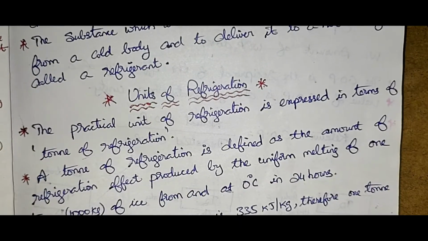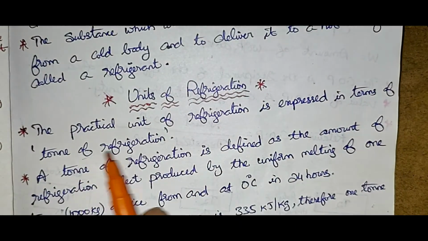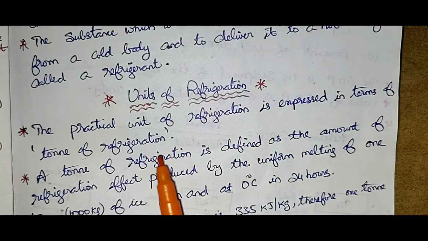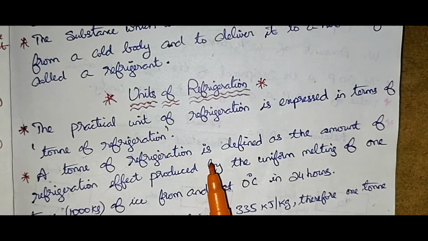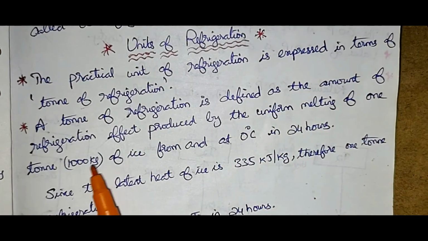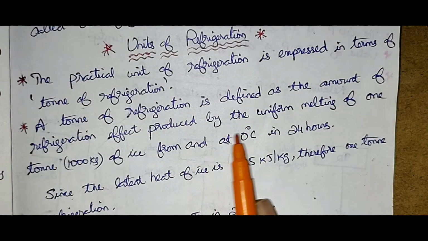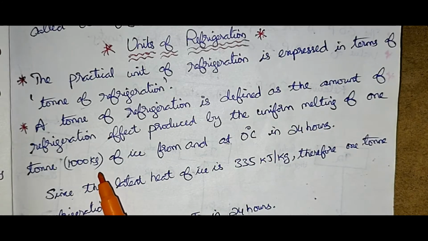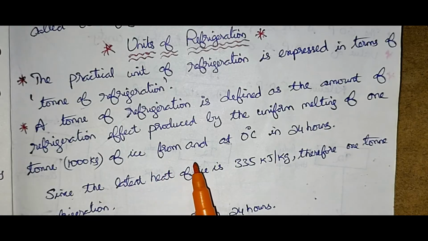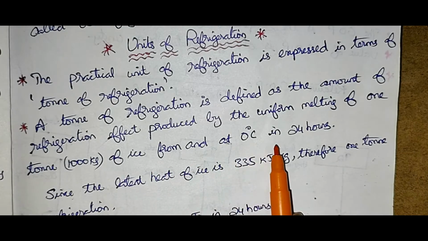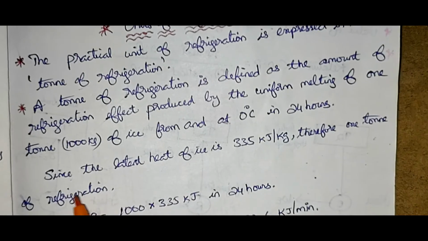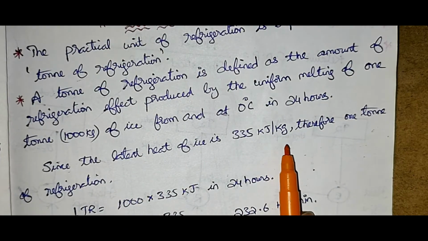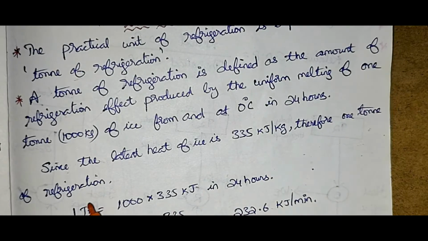Next, units of refrigeration. The practical unit of refrigeration is expressed in terms of ton of refrigeration. A ton of refrigeration is defined as the amount of refrigeration effect produced by the uniform melting of 1 ton, that is 1000 kgs of ice, from and at 0 degrees centigrade in 24 hours. Since the latent heat of ice is 335 kilojoules per kg, therefore 1 ton of refrigeration is